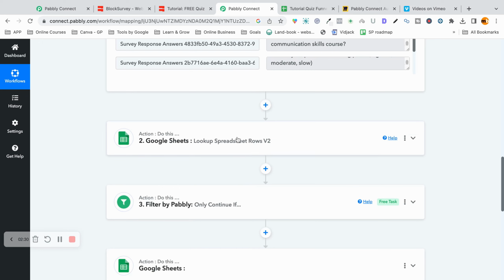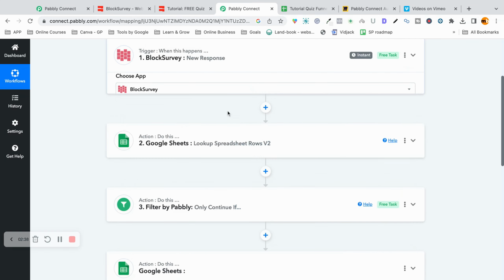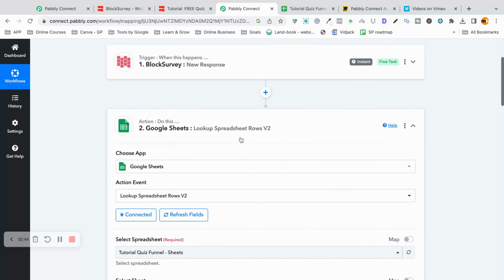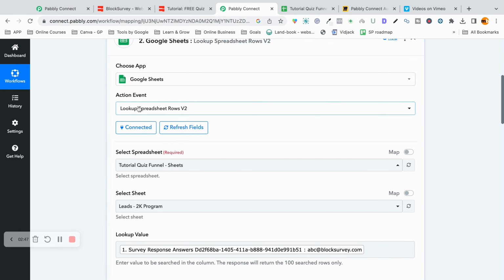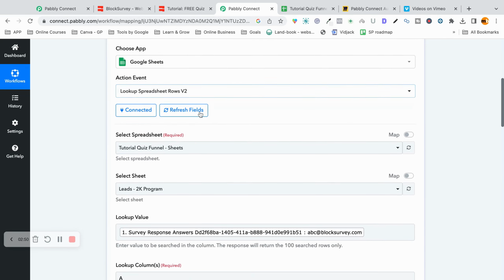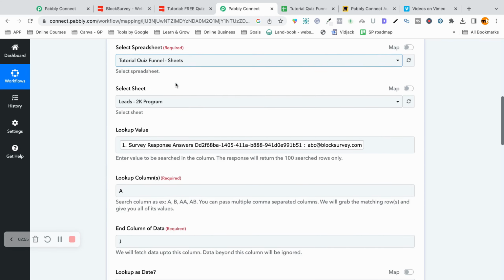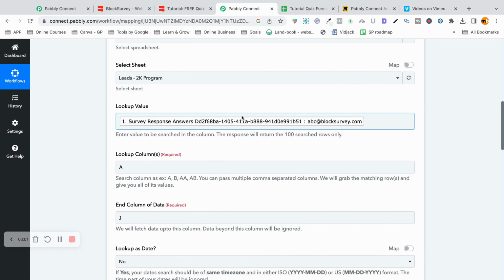Okay, so we are adding a filter because we don't want to duplicate leads into our Google Sheets. Okay, so for that we will use a lookup. So right now we are storing data in a Google Sheet, so we will use a lookup action. Okay, and then you can choose the action event as lookup spreadsheet rows, and then you have to choose the spreadsheet name, and then you have to select the sheet. Okay, and then you have to enter the lookup value, so the data that you want to use to search. Okay, for example, this is the test data